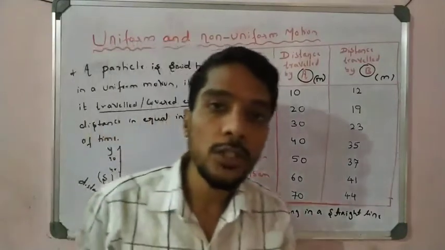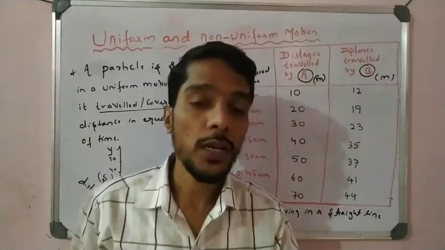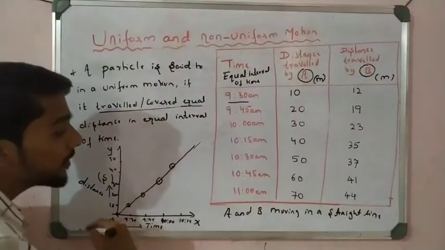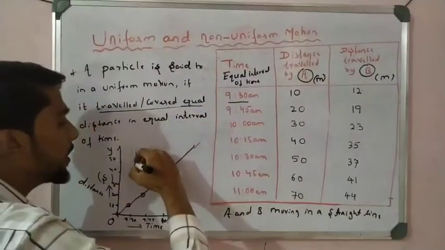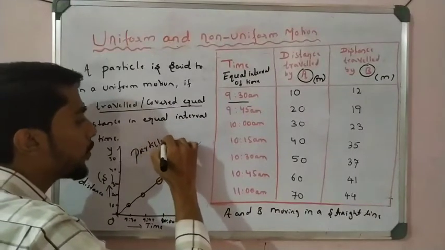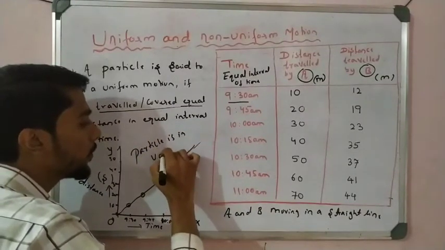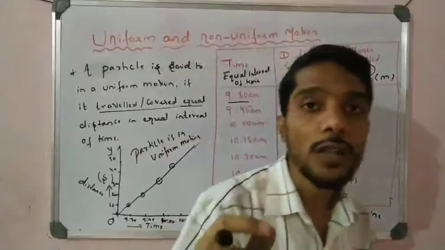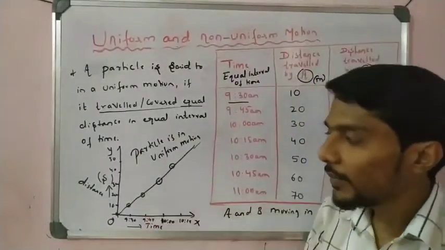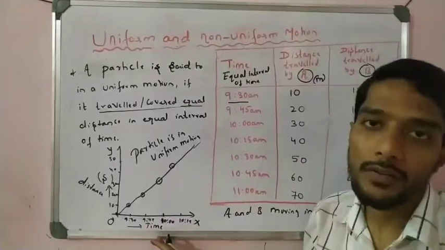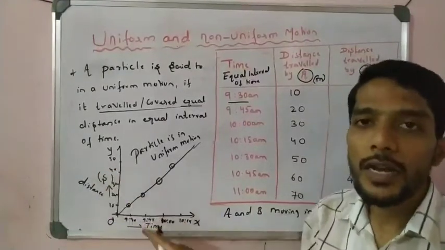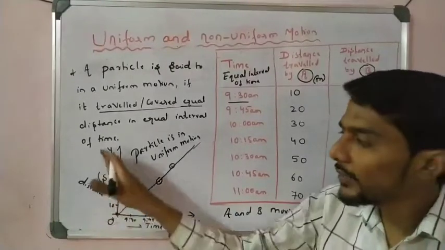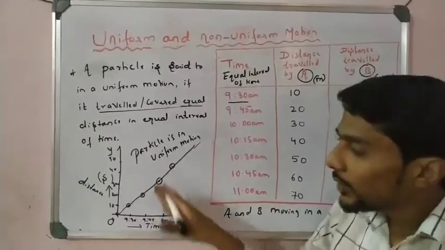If such motion is shown by the particle, it is uniform motion, and when you put it on a graph, the graph of uniform motion is a straight line. This straight line shows that the particle or body is in uniform motion. Maybe in examination they ask, draw the graph which shows the uniform motion. That is the distance versus time graph, also called position versus time graph. Here position is given, 10 meter, 20 meter, and here time is given. So that is very important.